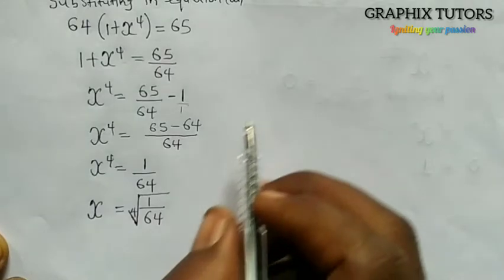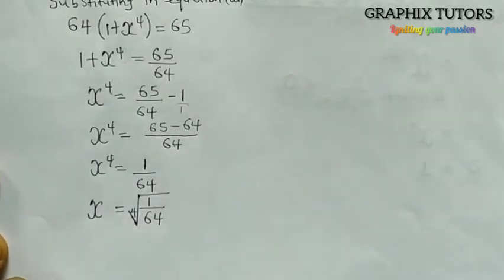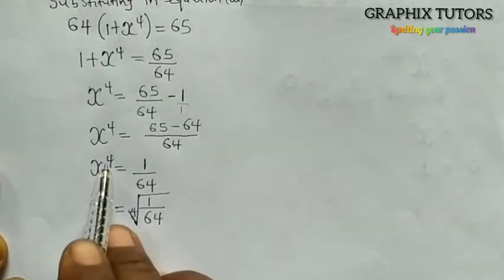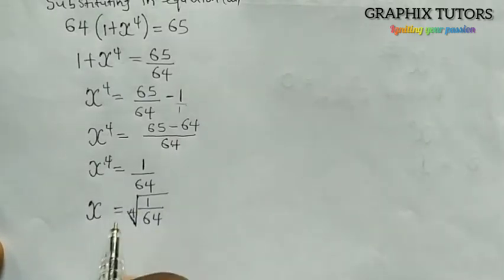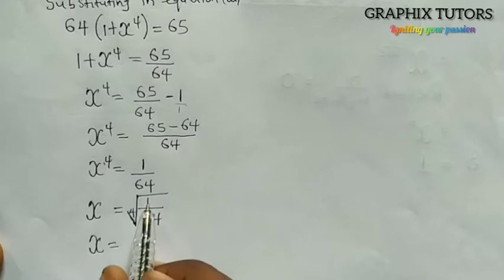When you have square come to the other side, it becomes square root. So when you have 4 come to the other side, it becomes the fourth root of this. Right? Now, from here, my x will now be giving us the roots, whatever root of 1 will always give you 1, all over